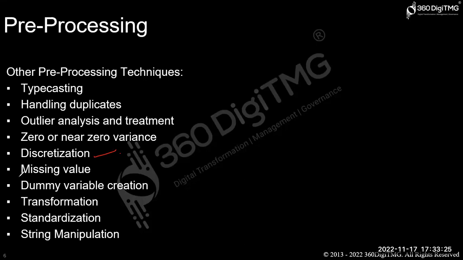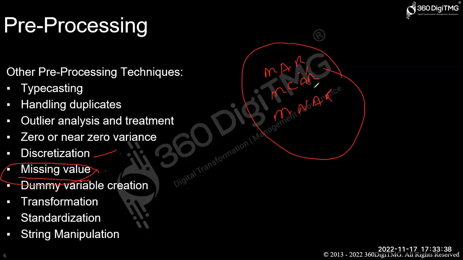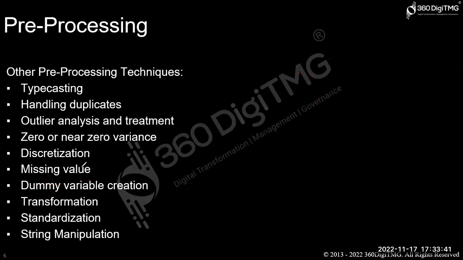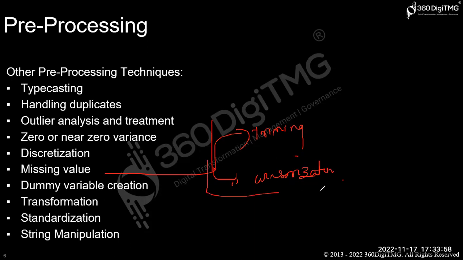And then we will be having missing values. In that, we have various types: missing at random, missing completely at random, missing not at random. Whenever you have missing values, various techniques also will be there. One of those, two very famous techniques: trimming and winsorization. These are the two very frequently used techniques. Among these, winsorization is used more frequently.